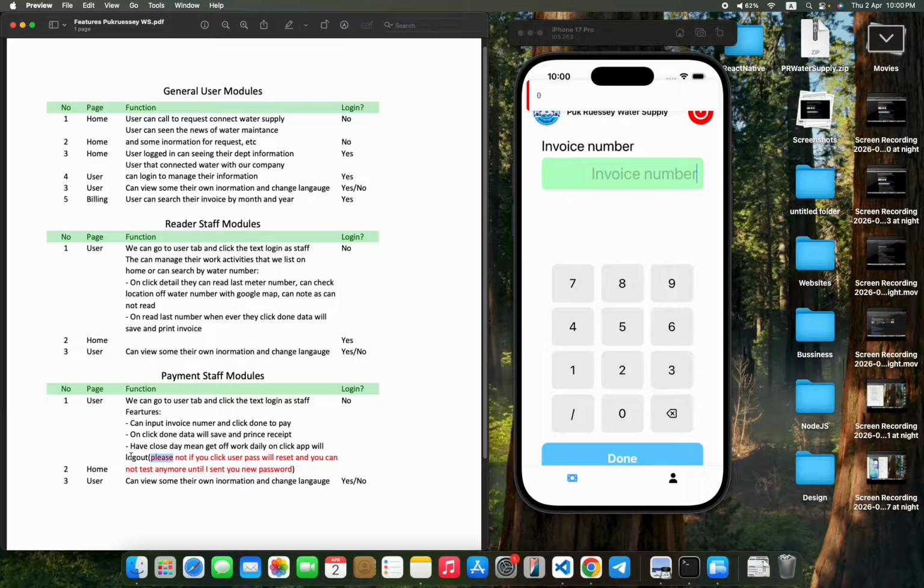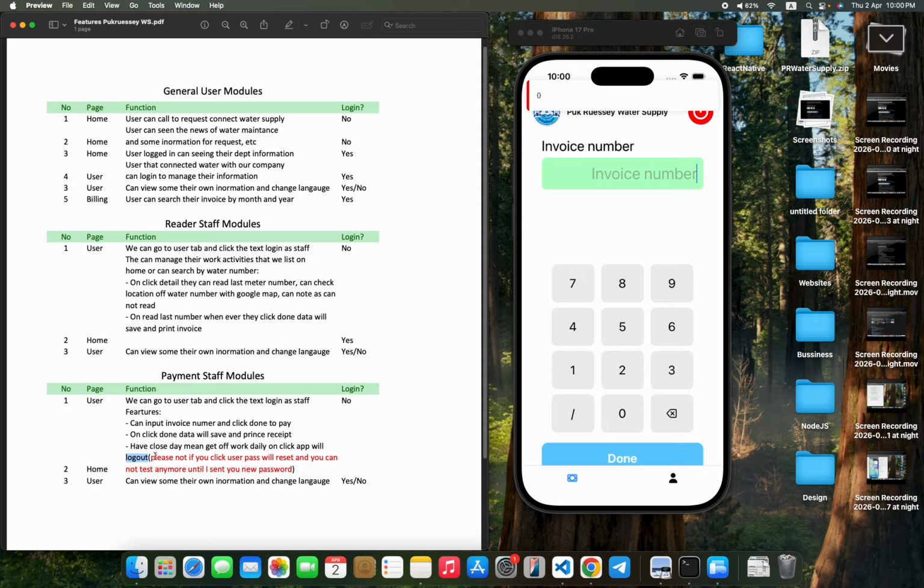In the home page we have, oh, that's number 1 too. We have a close day. It means if the payment staff gets off work, we can click the get off day button.